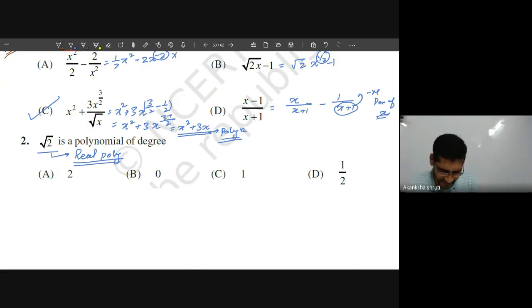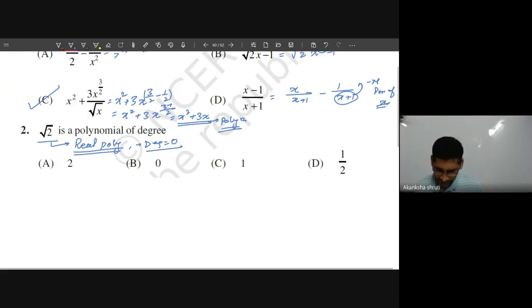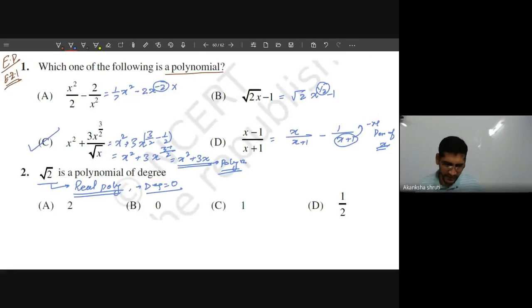Okay. What is the power of x here? Means x is not there. So the degree of this is always 0. Keep in mind, the zero polynomial does not have any degree. You cannot talk about the degree because x can have any power and the coefficient of that is 0. So it was this one. So questions are very simple to identify a polynomial, to identify the degree, to identify the type of polynomial. You have to just keep all these things in mind.